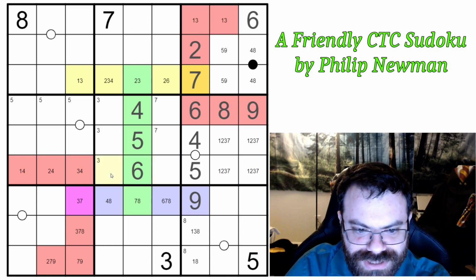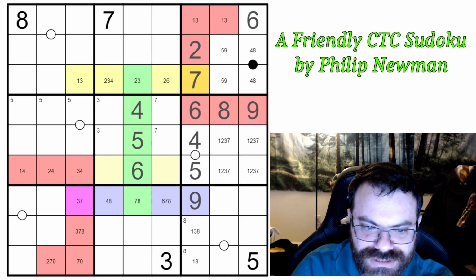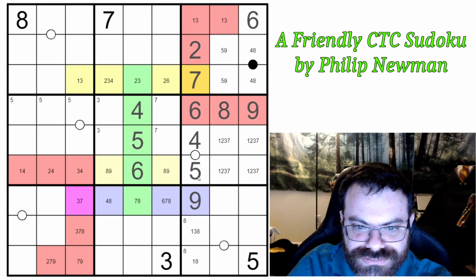So these can't be 3 or 7. And in fact, there's a pair left. So 8 and 9 looks like, which are not resolved. Darn, that was a good spot, but